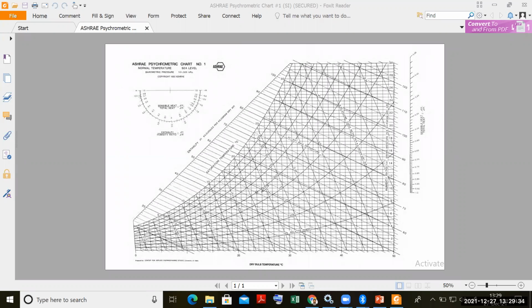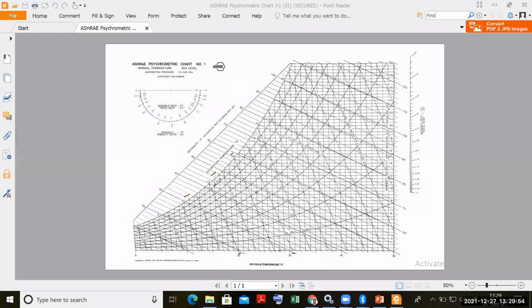So if you are able to see the screen, see here, this is 20, right? This is 30. So 28 will be here. Then 17 degrees Celsius I have to plot. Now this is the WBT, values are here. So here it is 15, here it is 20.